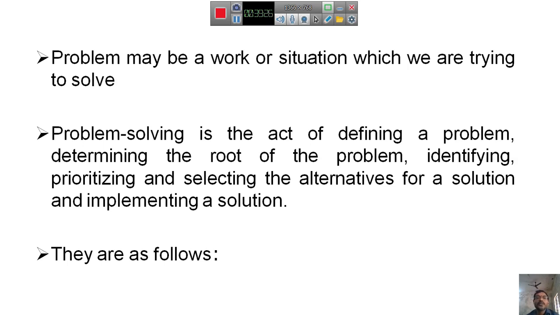You have to select the best idea or best alternative. In that one we have to select the best alternative, and that is called deciding a solution. And after this step, the next step is implementing the solution, and implementing the solution is nothing but